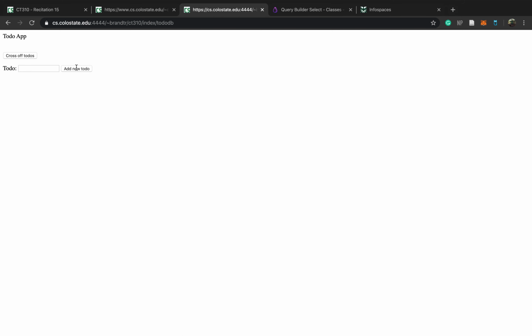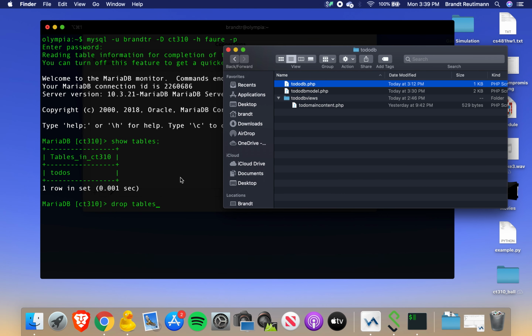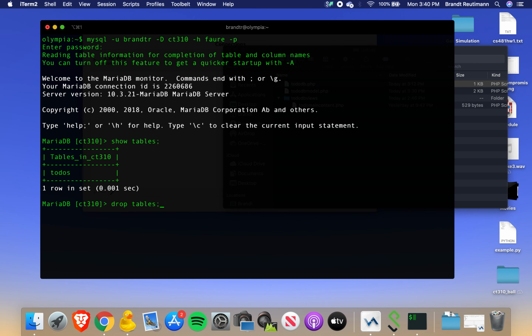and so what we will be doing today is you'll get this skeleton, and then we will walk through developing the app so that it works with the database and everything. I'm going to go ahead and drop this table so we can. No, actually I'm not, because I'm going to do it on a different database. But anyways, so here's the